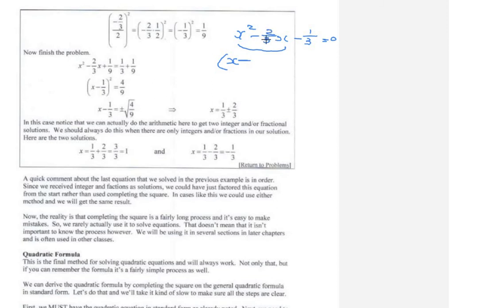Now 2/3, half of 2/3 is 1/3. So 1/3, then we square, and then we minus the square of this one, which is going to be 1/9. So we minus that, and there is our minus 1/3. Remember, this comes out of the 2 there. The 2 there gives us this. That minus 1/3 is still there,